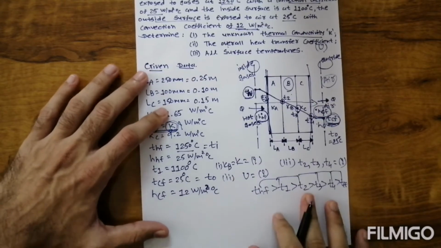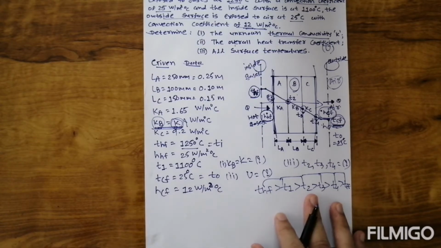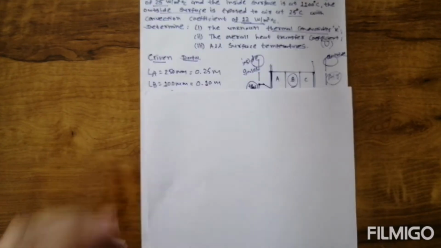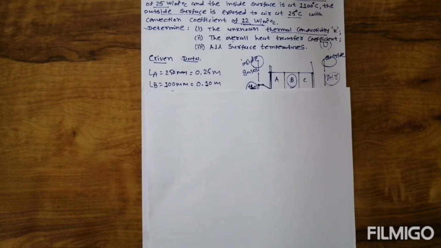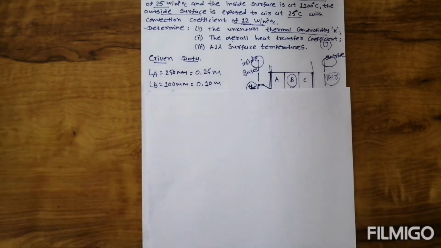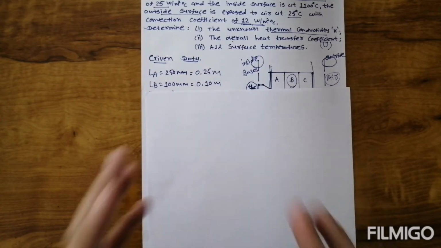Okay, now how can we start this example? First of all, you should mention how many equations we have. Write down each and every equation we have. How many equations do we have for the rate of heat transfer? We already know the rate of heat transfer equation for the composite wall, the plane wall, as well as the overall heat transfer. So first write down each and every rate of heat transfer equation.